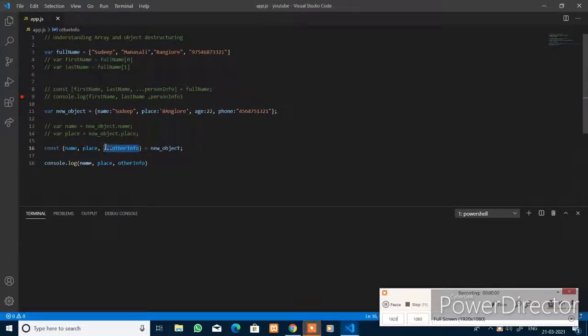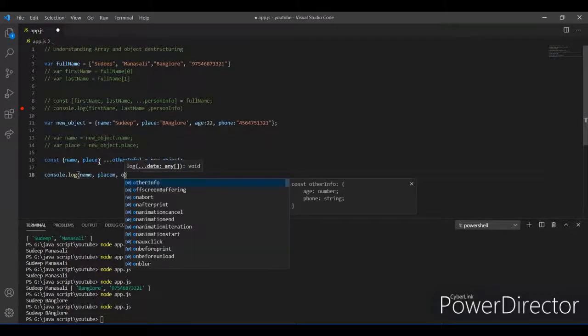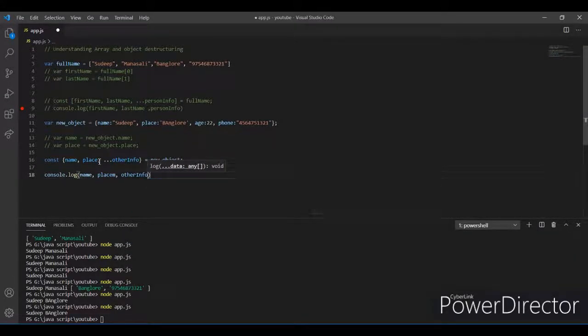This in the end will pull out all the properties that you have in the new object, that is age and phone, and a new object with the age and phone properties will be created here. We'll log the other info and save this. Here you got Sudeep and Bangalore, and another object, that is age and the phone number.